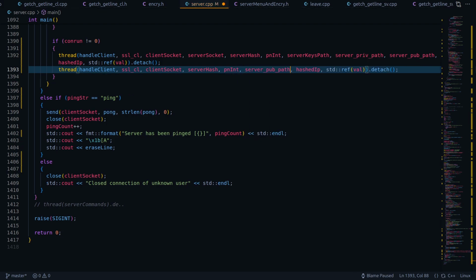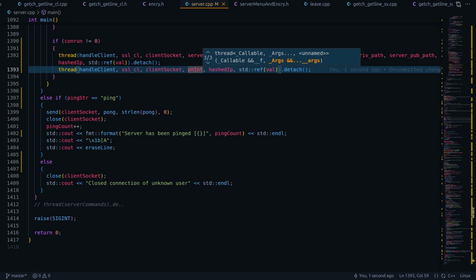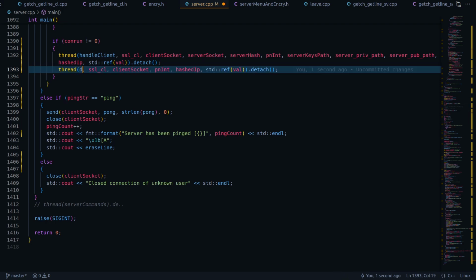We don't need any of these, to be honest, for the handle client. We're talking about the other thing. I'll show you. Also, we're gonna pass all these by reference soon. So the client socket server hash, we don't need the server hash, to be honest. I'm talking about this function specifically. This can be like detect log, detect